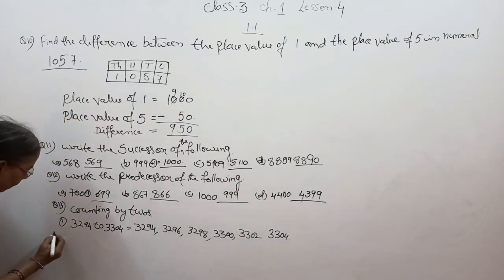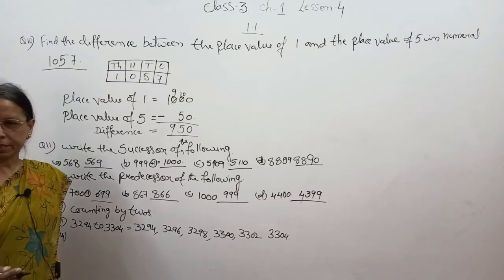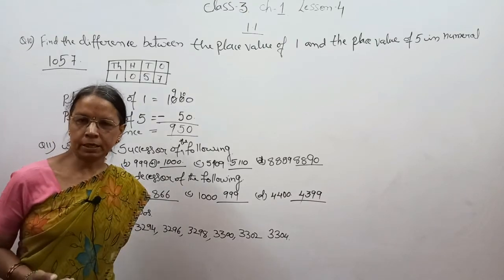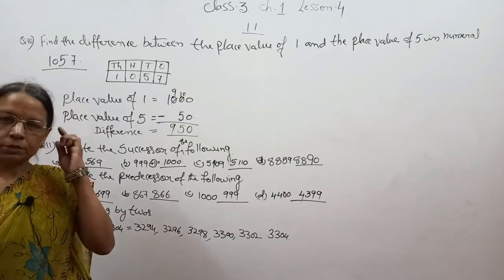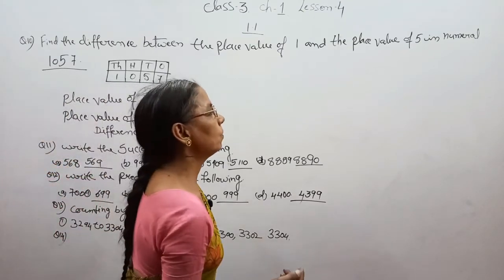नेक्स्ट क्वेश्चन नंबर 14. काउंटिंग बाय टेंस. इसमें एक और क्वेश्चन है, उसे आप लोग घर में करोगे. The second question of question number 13 is given as homework. You will all try this at home. If you do it and send it to me, I will see it. If it is right, I will give you the reply.